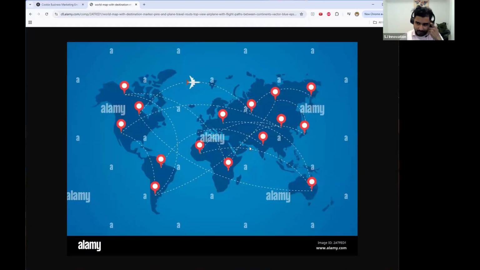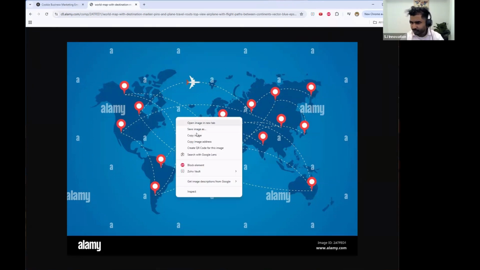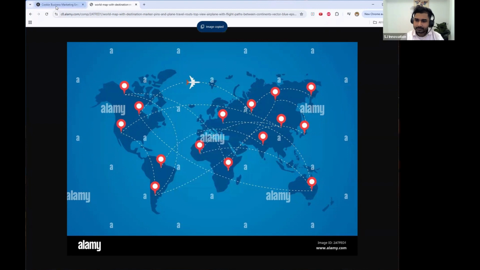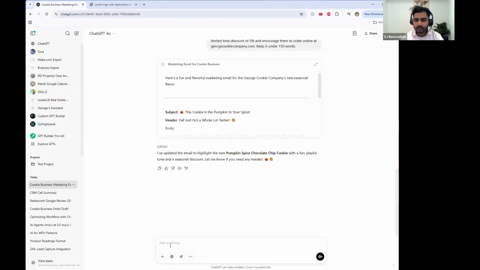I have this picture right here. And I want to tell ChatGPT that, let's assume for a second that this is the locations of all of Georgia's cookies. And I'm curious, can ChatGPT help me out with this? Would it be able to understand a picture? So I'm going to copy this image. And then I'm going to come to this screen right here, back to ChatGPT, and I'm going to paste that image. As you can see, ChatGPT has been able to take this image,